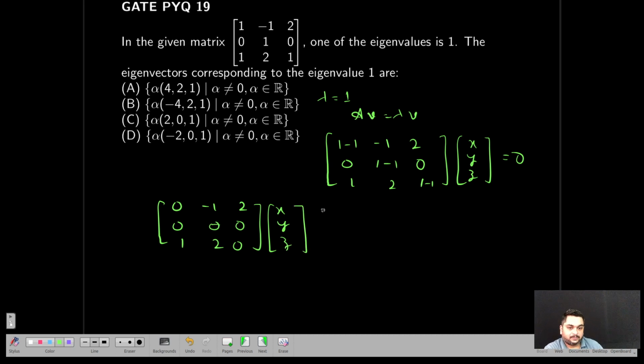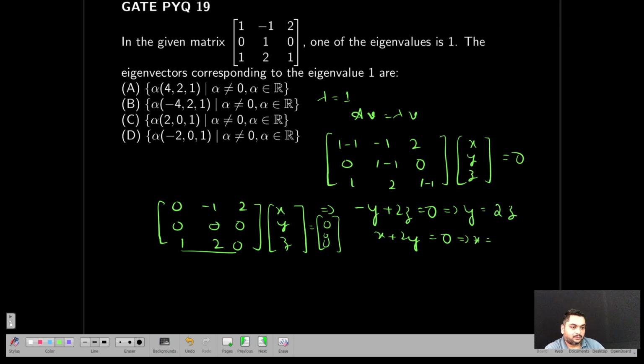So that implies minus y plus 2z equal to 0. This is equal to 0. Okay. Then this is x plus 2y equal to 0. So here y equal to 2z. Here x equal to minus 2y. So x is equal to, y is 2z, minus 4z. So what is my